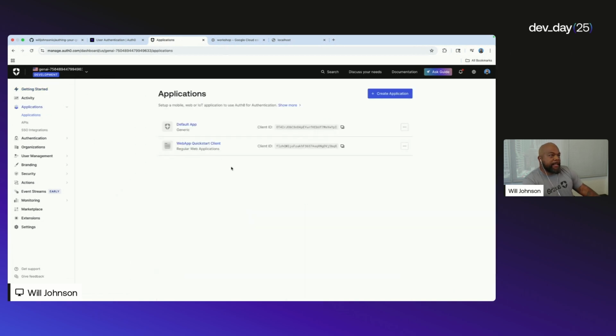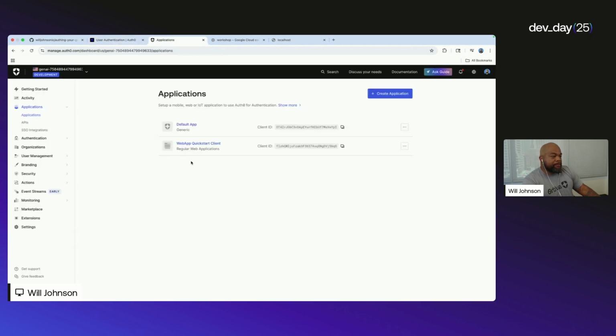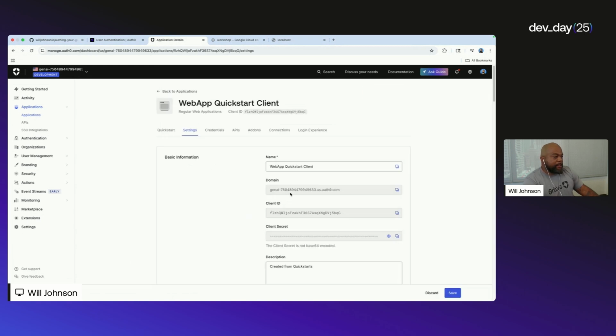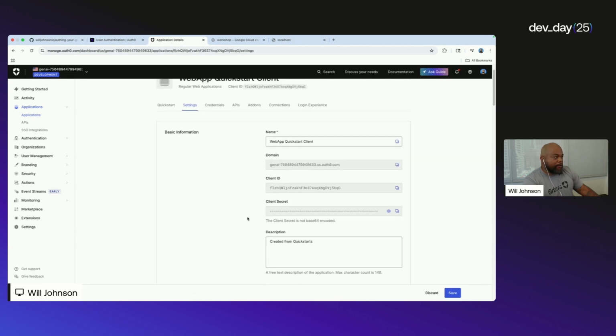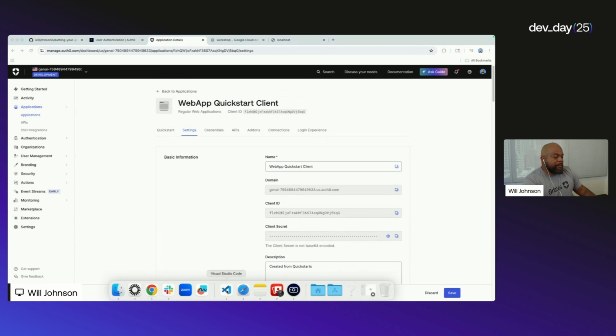And then if you click that link from here and created an application, there should be an application already completed called Web App Quick Start Client. So if you have that, click there. And then here is your domain, your client ID, and your client secret. And everything else should have been set up for you, like the callback and the logout URLs and everything like that. But these three values we want to copy, and there's a copy button right there. And we want to paste them into our